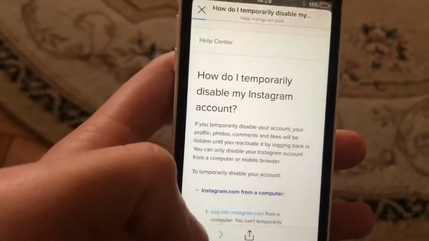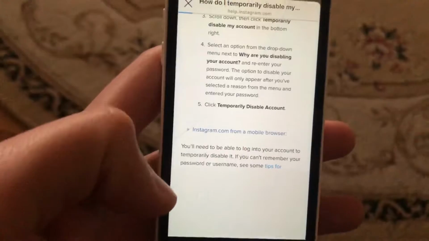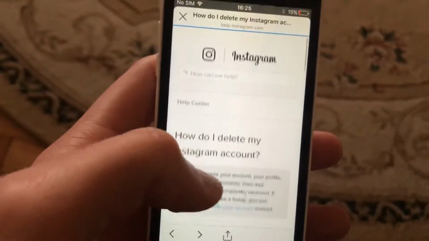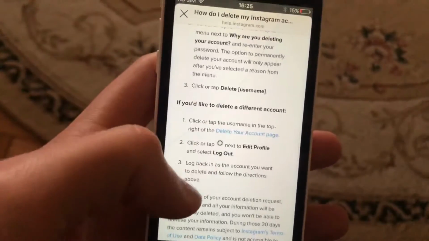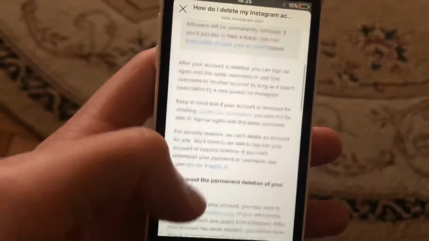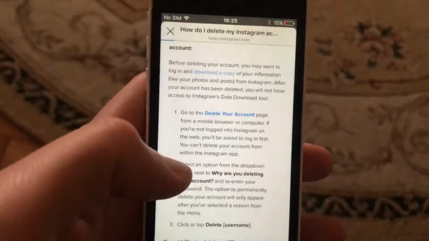Sorry, I just forget one thing. Just tap here on, so you will see here delete your account. Just tap on it, and